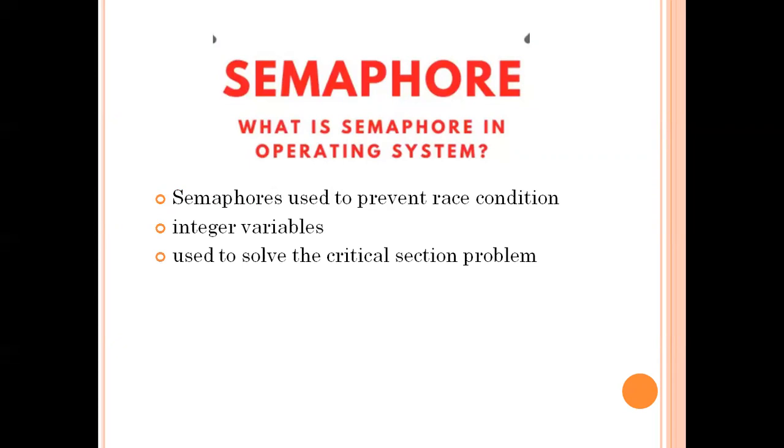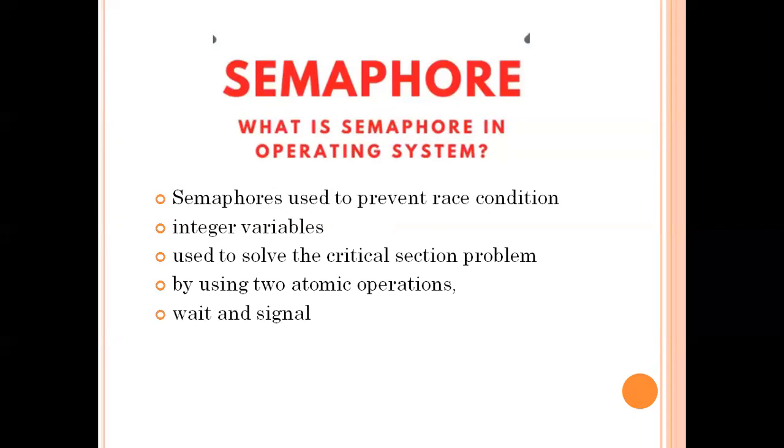Now, semaphores are used to solve the critical section problem. We'll look at a diagram of what the critical section problem is and how semaphores resolve it. It resolves it by using two atomic operations. Why atomic? Because they are the basis of all the semaphore processes. They are wait and signal. We'll look into them also. So we can correctly say that semaphores are used for process synchronization. We need process synchronization because there are multiple processes, and secondly, they want to access the same memory block. So for process synchronization, semaphores can be used.